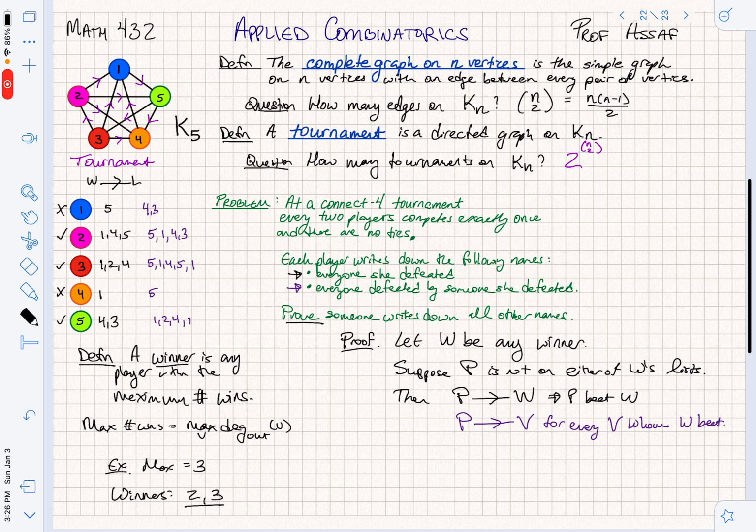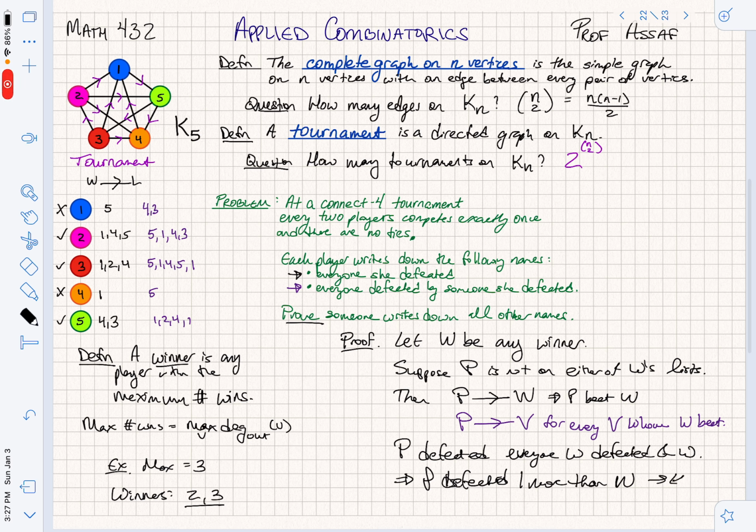Otherwise, it would be on the purple list. So that means that P defeated everyone W defeated and W. So that means that P defeated more people. So P defeated one more person than W,